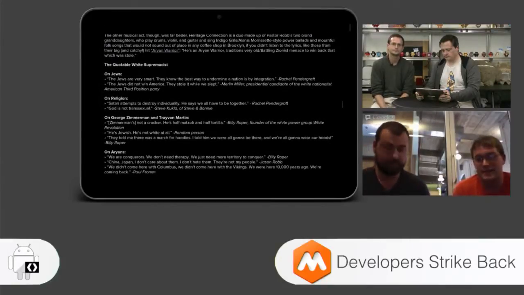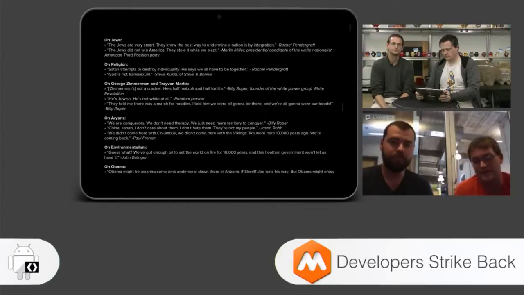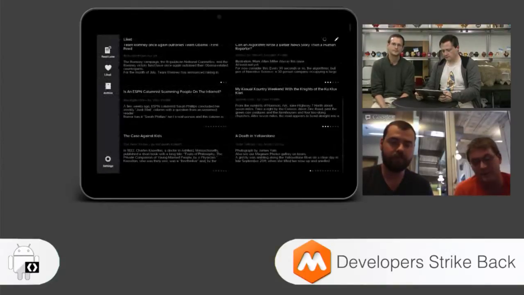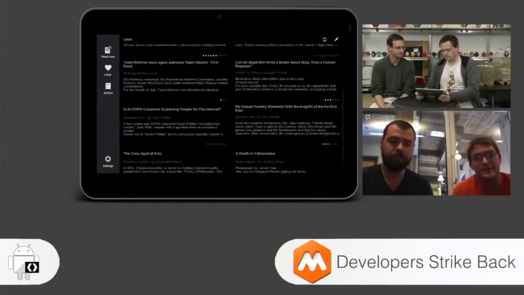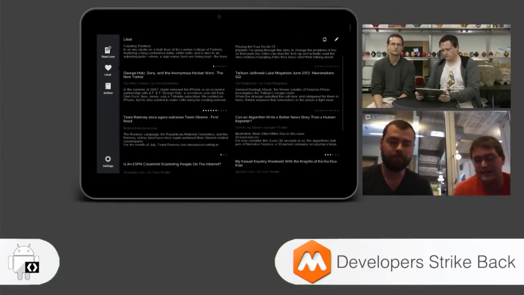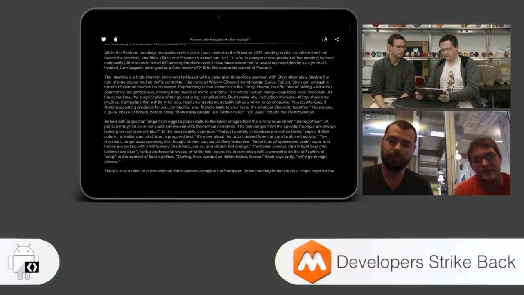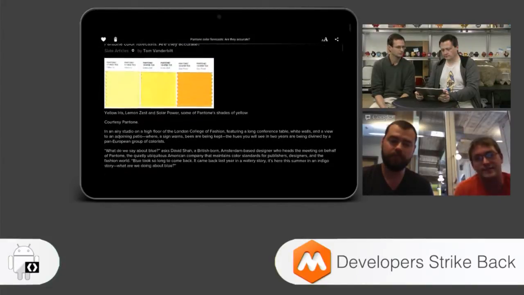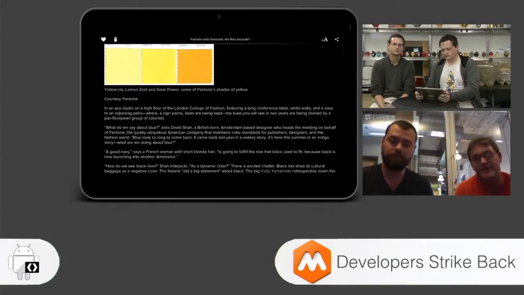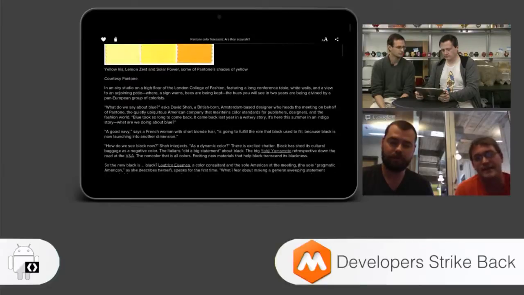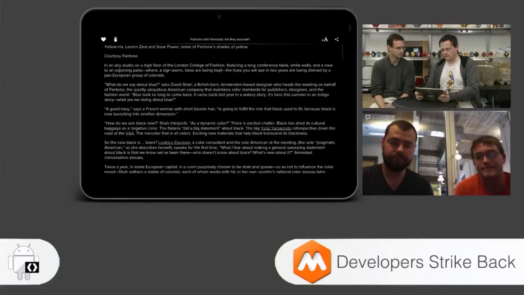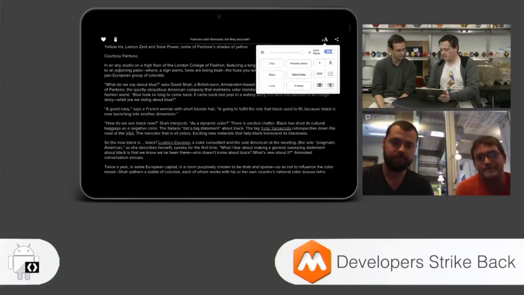Yeah, so the Instapaper API provides basically a raw HTML content. We pull that down and cache it locally on your SD card or your local storage. And then we have a web view that just opens up that content, and we apply a cascading style sheet to that and some JavaScript as well. And that allows you to do different things like change the font size, change the font, change the line spacing, line height, the margins, that kind of stuff. Very cool. Exactly.